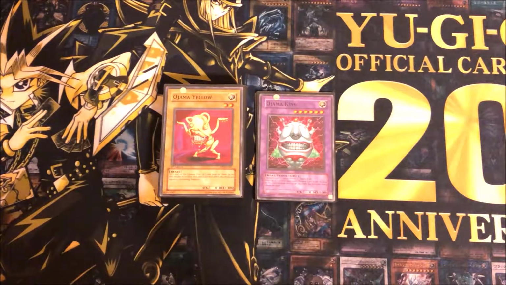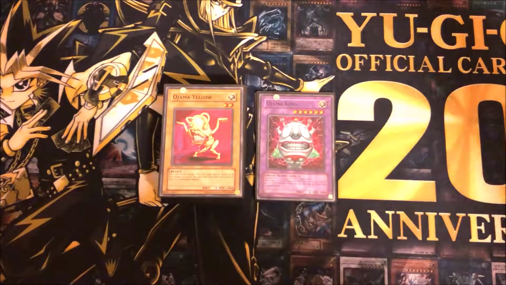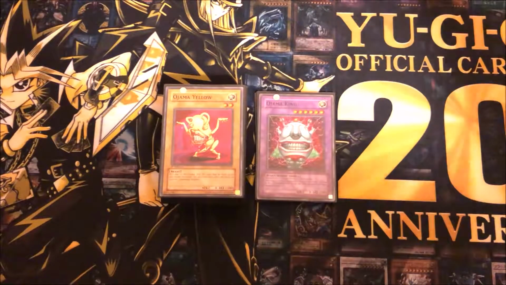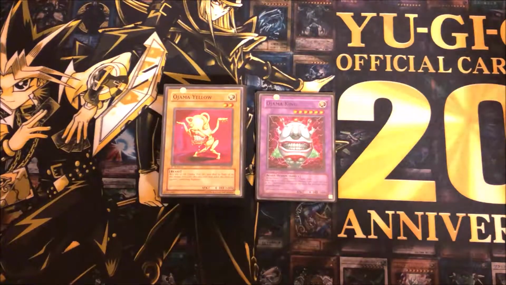We are continuing on with our character deck profile series. We started with Jaden Yuki from GX, and now we're on to Chazz Princeton's deck. Chazz Princeton's deck is very similar to Kaiba's in the fact that they use a lot of the same monsters, basically beatstick monsters and dragons and powerful monsters to overrun their opponent